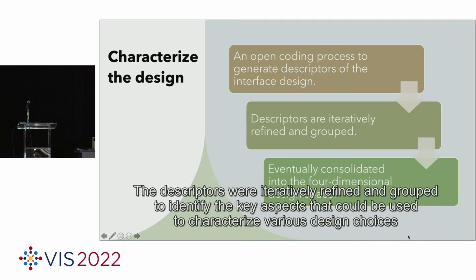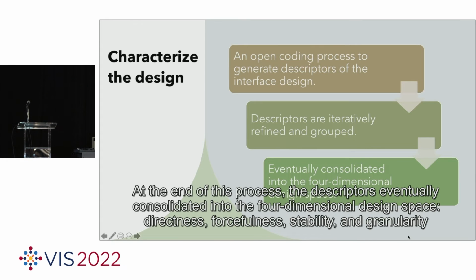The descriptors were iteratively refined and grouped to identify the key aspects that could be used to characterize various design choices. At the end of this process, the descriptors eventually consolidated into the four-dimensional design space: directness, forcefulness, stability, and